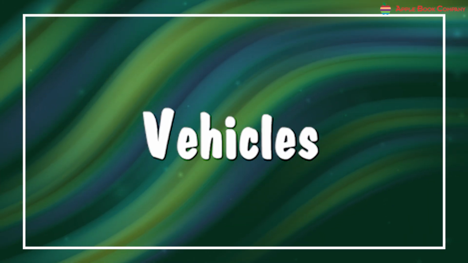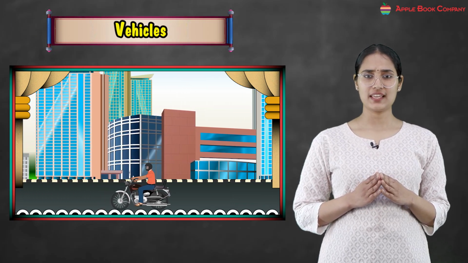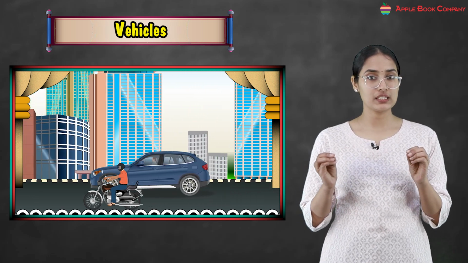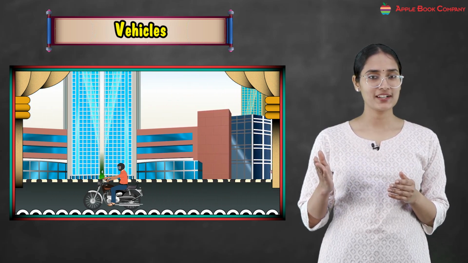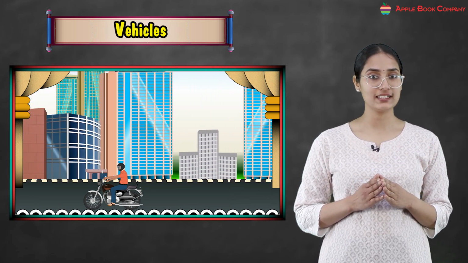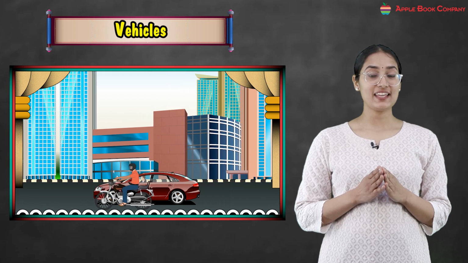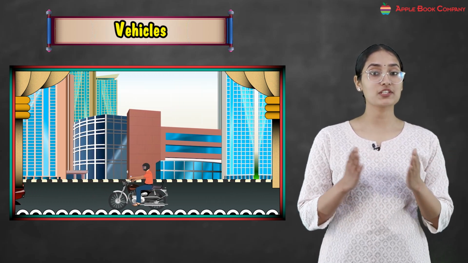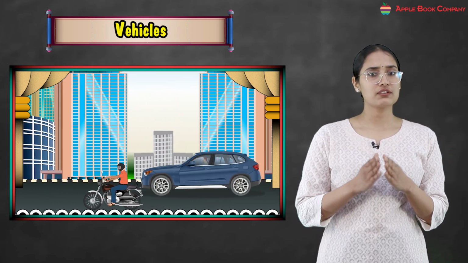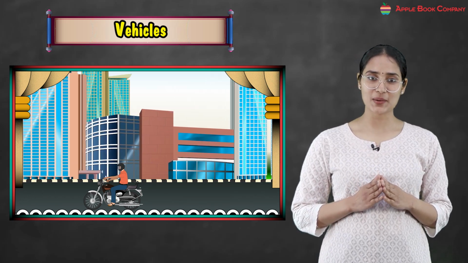So today we will learn about vehicles. Okay? What are vehicles? Have you seen few things running on the road? Have you ever sat in a car or on a bicycle? So kids, these are vehicles, okay? And they help us to go from one place to another. So there are different kinds of vehicles, okay? Let's learn about them in this chapter.